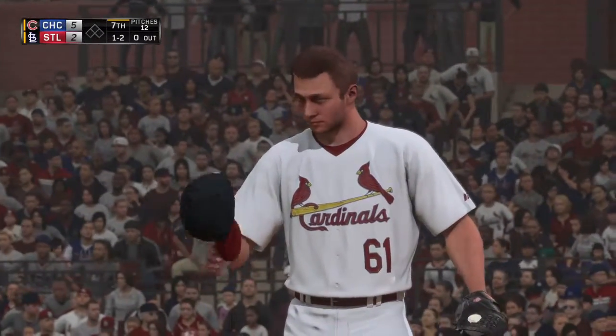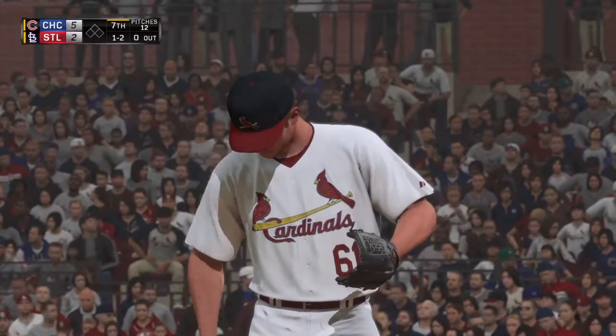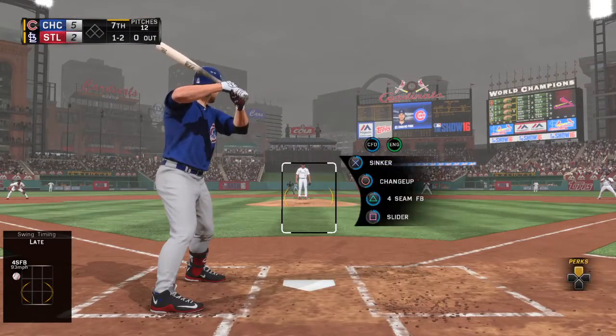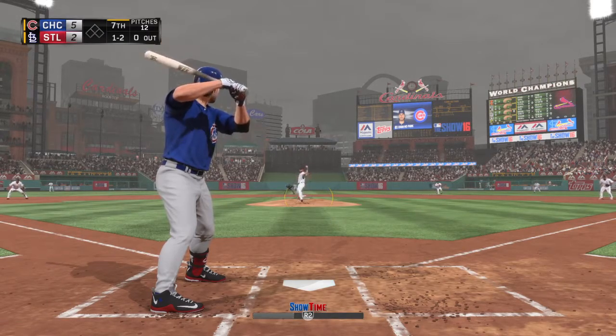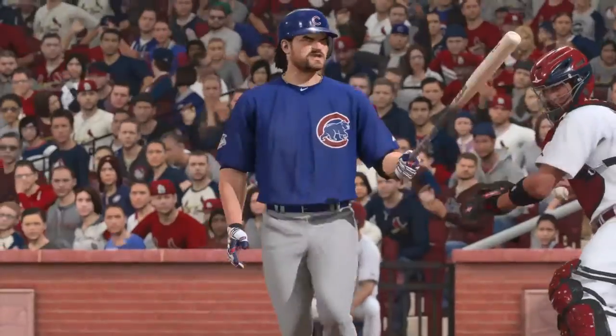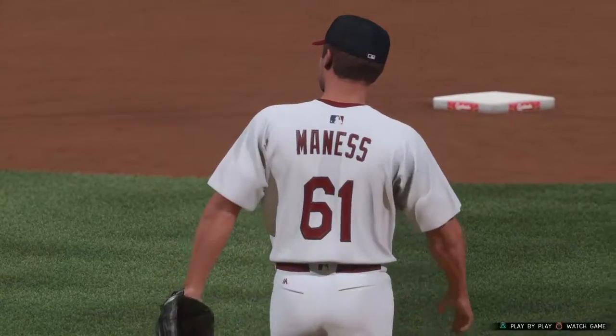You know, a lot of times, you're just conditioned to always look for something down. So he can surprise you with that high fastball. Maybe go at it every once in a while. And when he does, you can forget it. All right, come on now. And a changeup swung on and missed for the first out. I'll tell you what, I think this is what...